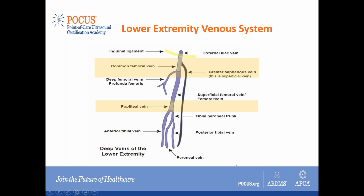So they have gotten rid of the term superficial, and now they call it only the femoral vein. But you might come across a report which says superficial femoral vein thrombosis. So keep in mind that it is actually a part of the deep vein system. It passes along the medial thigh, goes posteriorly through the adductor canal, and in the popliteal region posteriorly, you